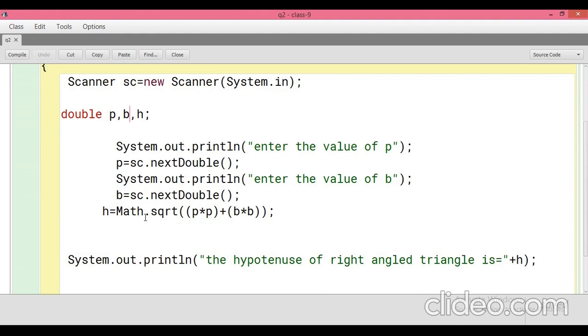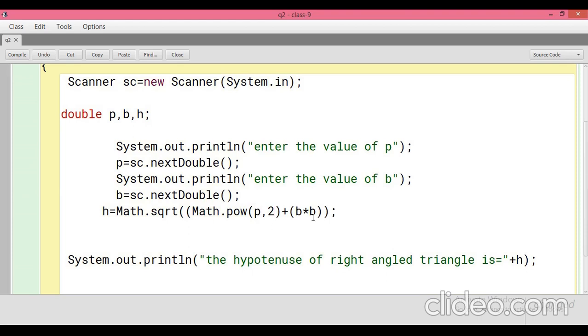Now the formula is given over there, Math dot square root given in your book. P square, we are not able to write p square in the program. For that you have to multiply p into p, or instead of p into p, you can use right here also Math dot, sorry, M will be a capital because Math is a class, Math dot pow function, we are using p comma 2, because p is the number and the power will be 2.